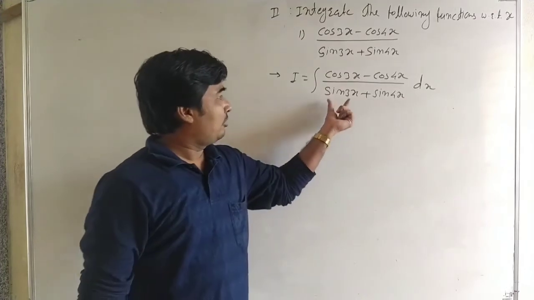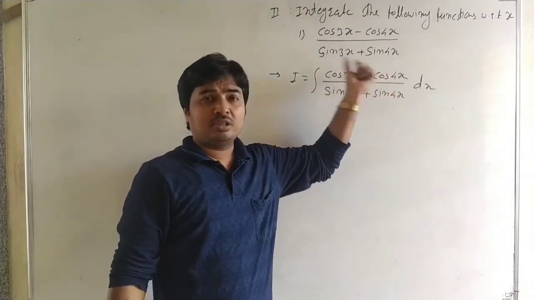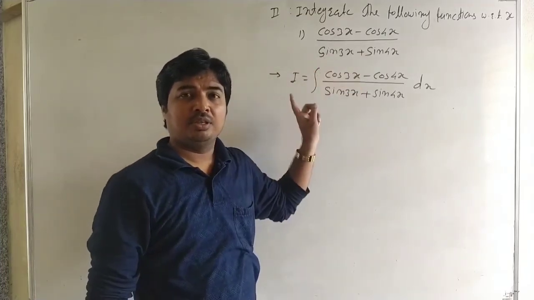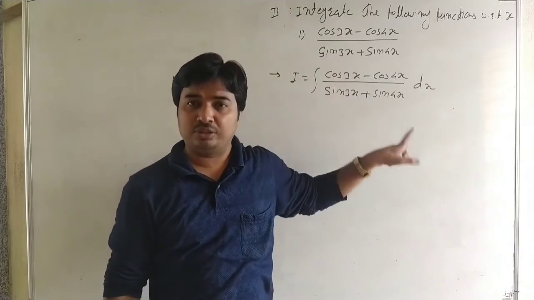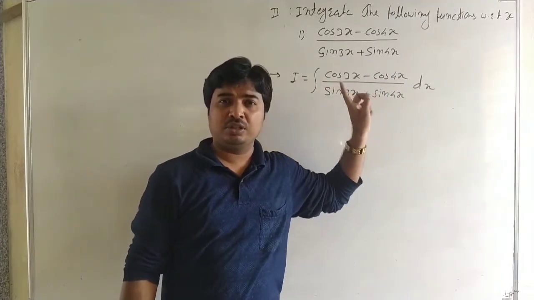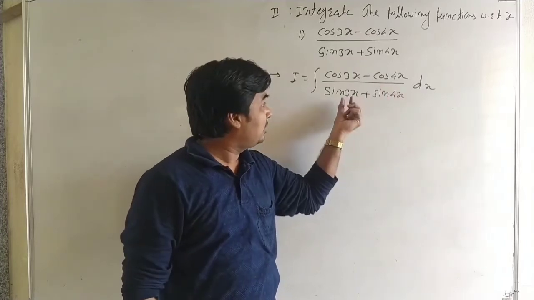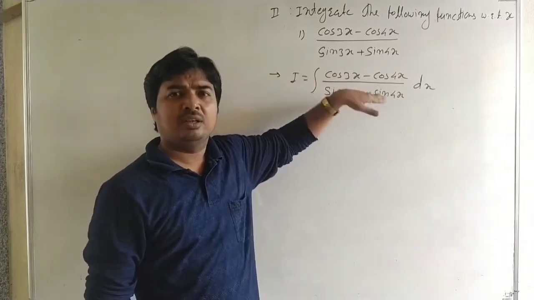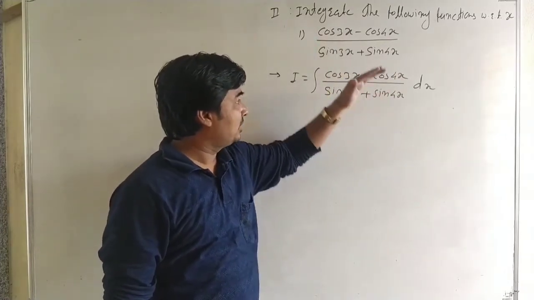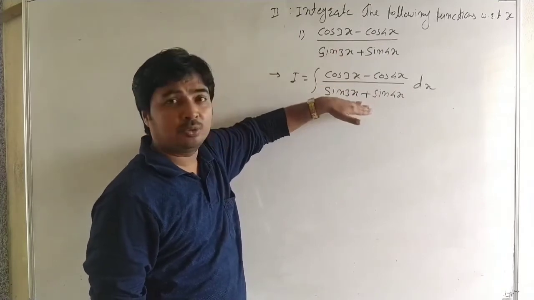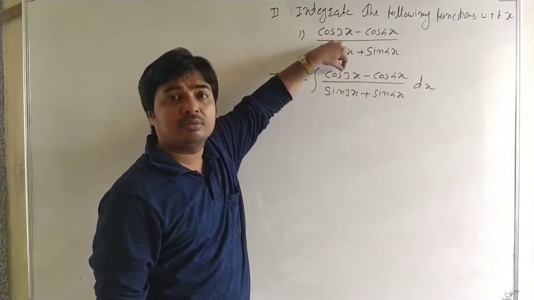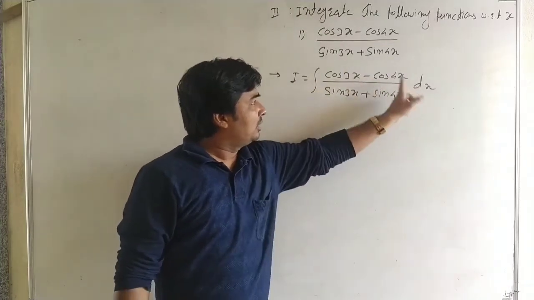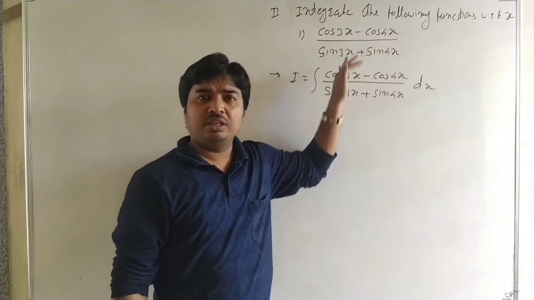Now, the derivative of sin 3x is cos 3x into 3, and the derivative of sin 4x is cos 4x into 4. So we cannot take 3 and 4 common. If the angles are the same, then we can adjust it, but here the angles are different, therefore the numerator is not the derivative of the denominator. There is no derivative multiple of dx with any function.